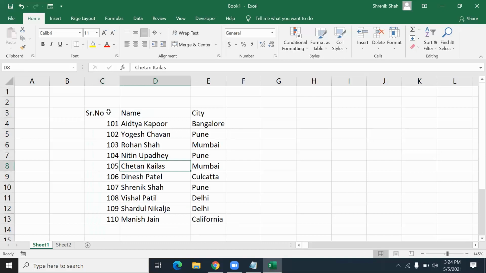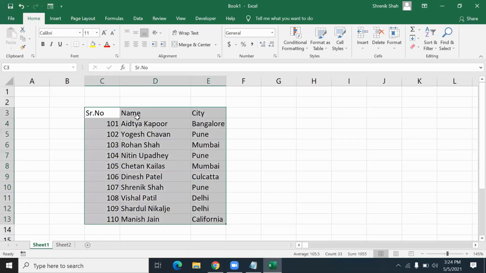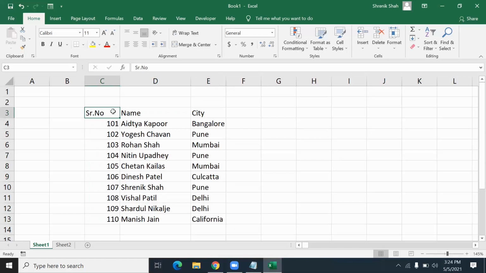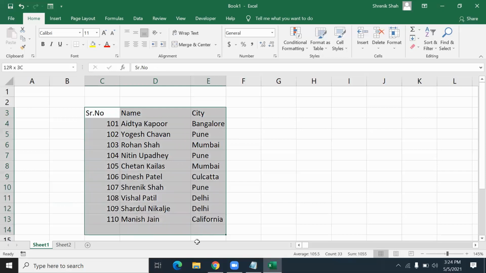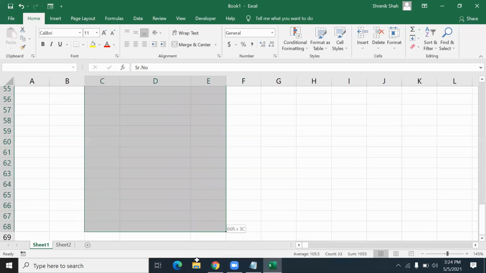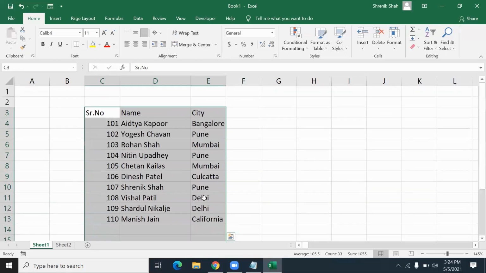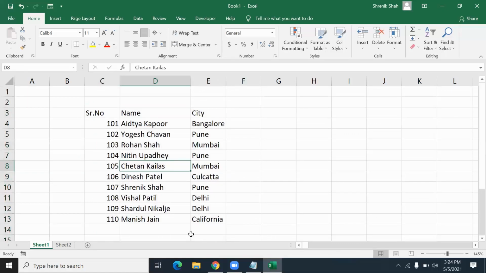Now how to select the complete table? One option is easy. You can keep your cursor like here and using the mouse you can easily select. But what if there are a total of 1,000 rows and you are selecting like this? You are dragging until you reach the 1,000th row. So this is not a good idea to select. So the option is you use Control Shift and right key. It selects the headers, and Control Shift down arrow key. So pressing Control Shift down arrow key, it will select the complete table.